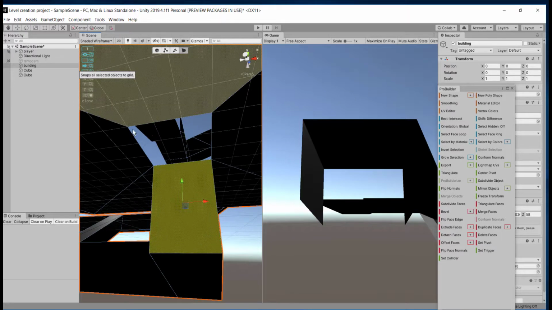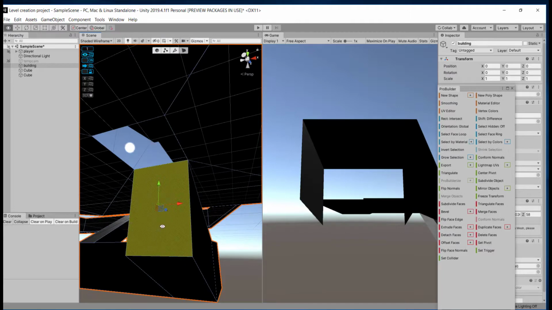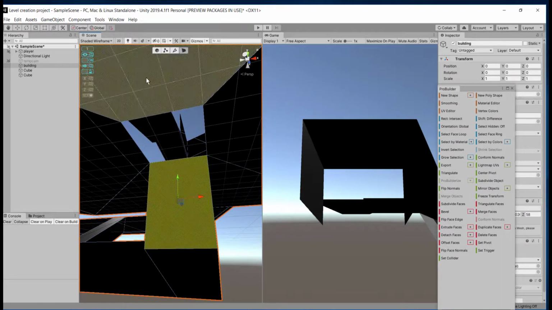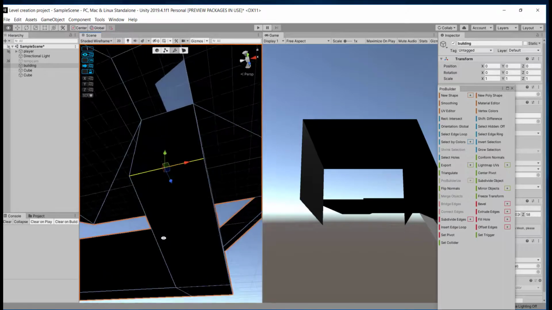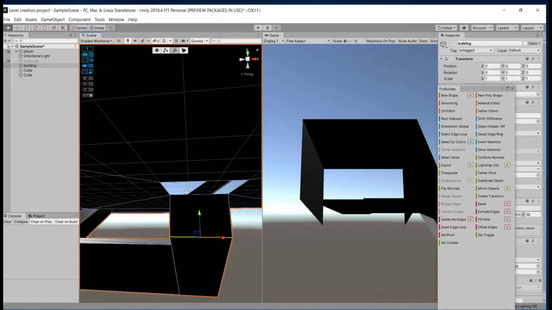So I'm going to snap my face towards the nearest grid points. Okay, now I'm going to edge selection mode. Select this bottommost edge and move it towards our entrance like this.